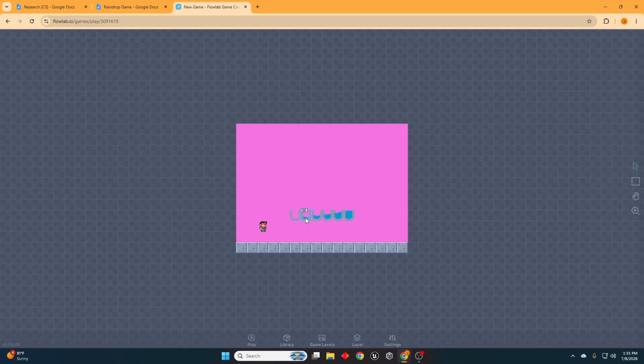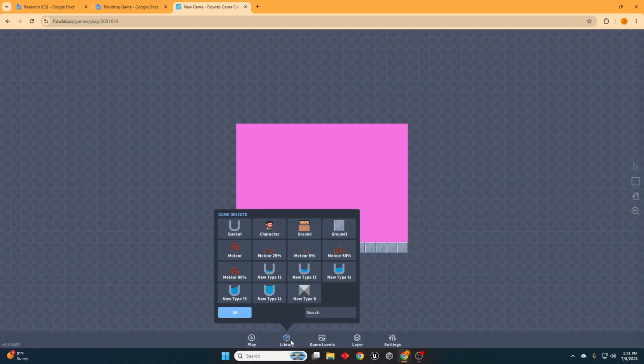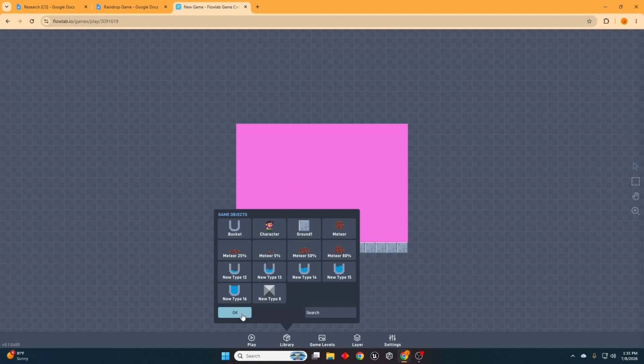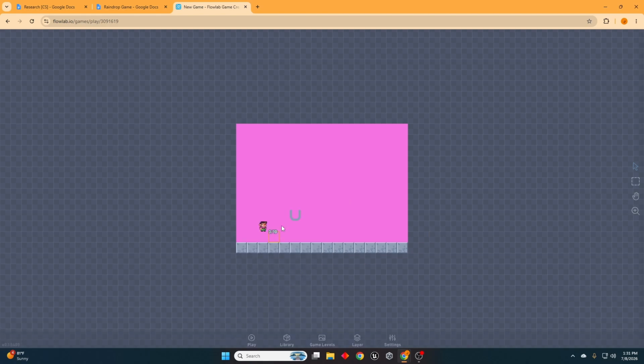Now, we don't actually need any of these objects to be here. All we need is this bucket. So we can actually hit delete. And you'll see in the library, all of our buckets will be here. You can ignore the meteor in the ground here. They will not be used in this game, but I'll actually delete this ground because we want to have a different name for the ground. Okay, cool. So now that we've made this bucket,